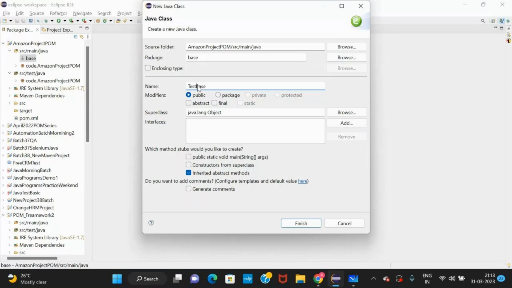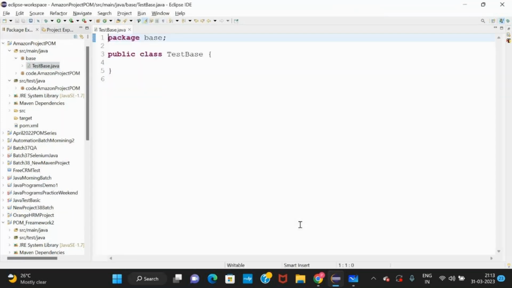It's the basic important class which will have all the components we are going to use in every class. We don't need the main method now. Just finish.